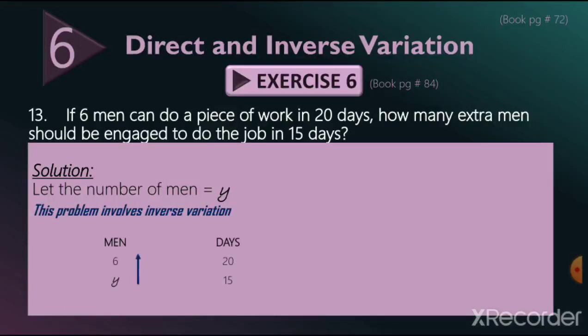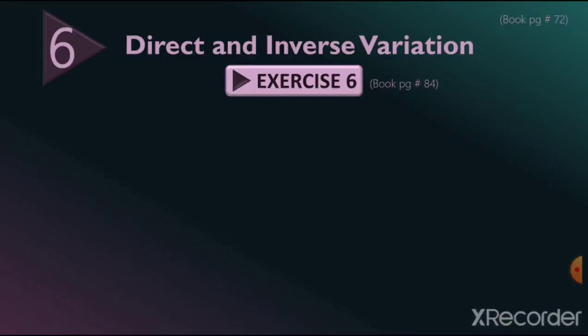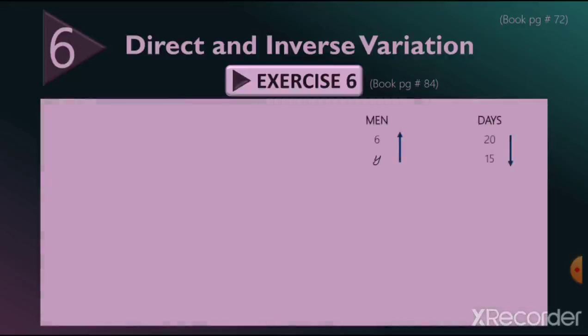Now this is the table and I have told you that the first arrow you have to place with the variable. We have placed it, and I have told you that for the second term we have to focus on the variation, either it's direct or inverse. If it's direct variation, the arrow will move in the same direction, and if it's inverse variation, it will move in the opposite direction. Now we are going to convert this data into fractions.